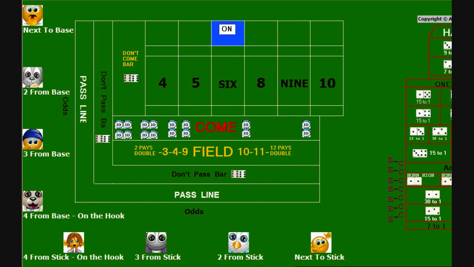DC bets in the DC area of the layout. DC bets in the DC area of the layout win even money if 2 or 3 rolls, and on point number rolls. DC bets are paid from stick to base, allowing the box person to view the payouts. DC bets are paid by the dealer with both hands. Let's say, for example, each player has $10 in the DC area of the layout, as shown. The point is 6. And 3 craps 3 is rolled. Dealer payouts would be as follows: